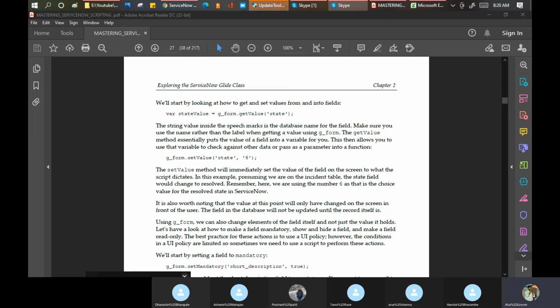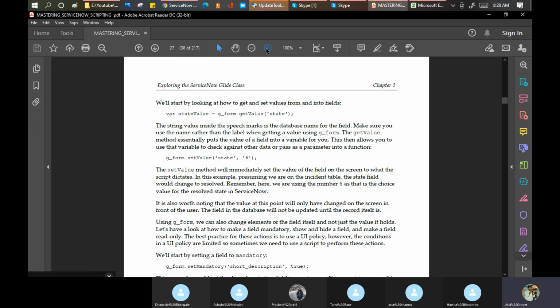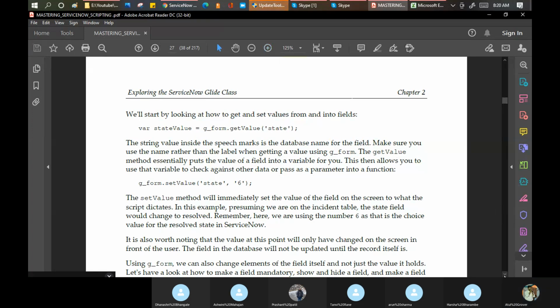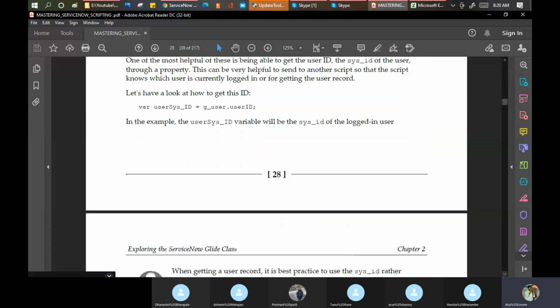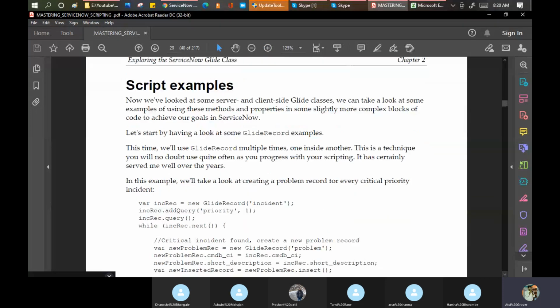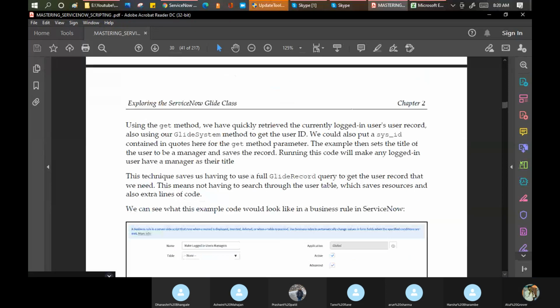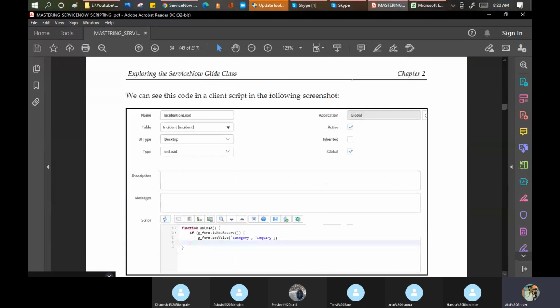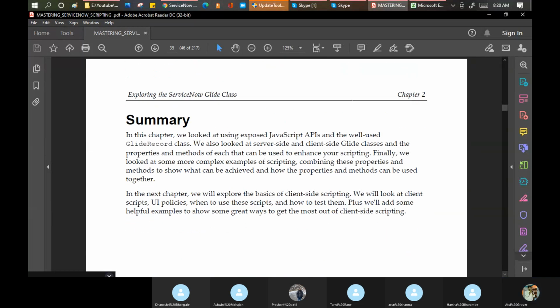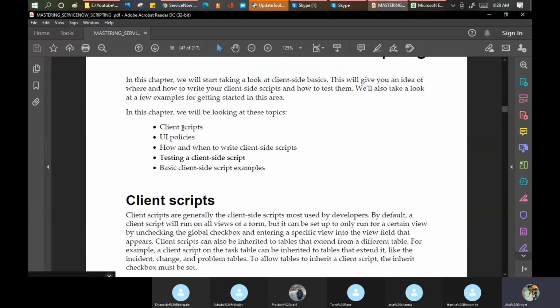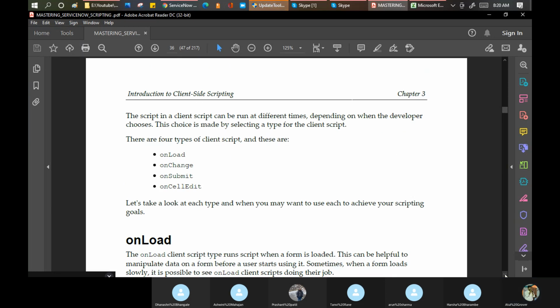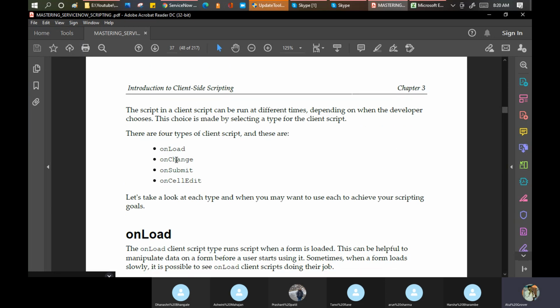Yesterday when I was reading this in the evening, I noticed that on load, on change, on submit, and on cell edit are the four functions in ServiceNow.